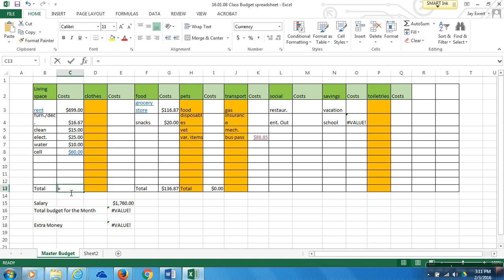Oh, wait a second. No equals. There we go. Sum. It's going to say these ones. Yes. Enter. Now it has the total of all of these. If I ever move and raise my rent, it'll automatically change its number. You'll notice that changed. So once I've done that in each column, totaled,